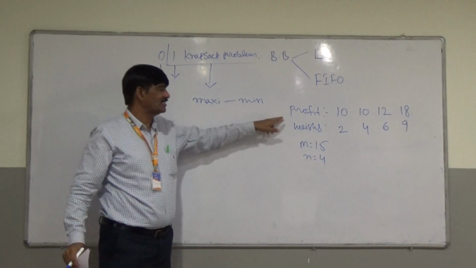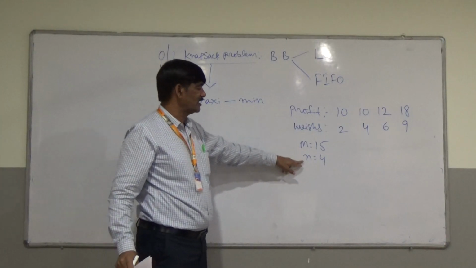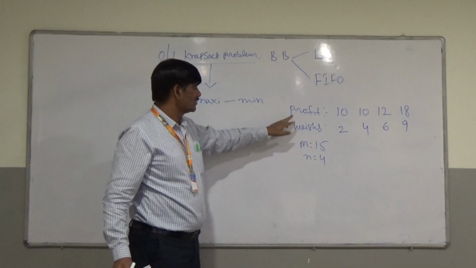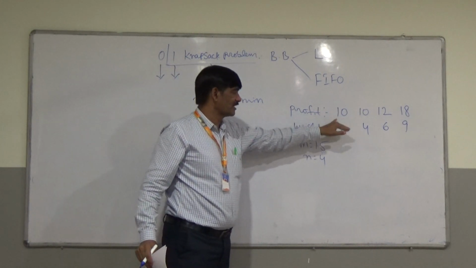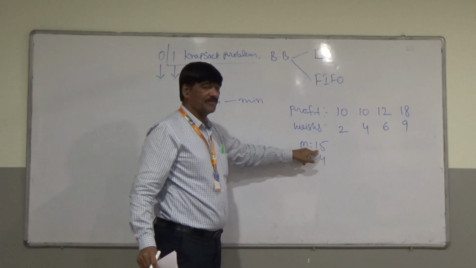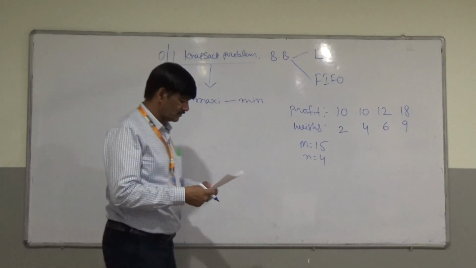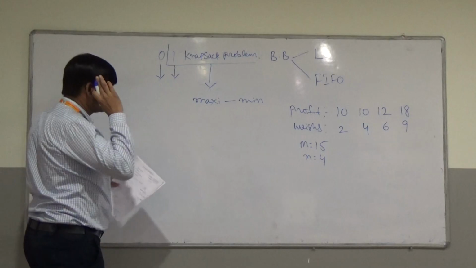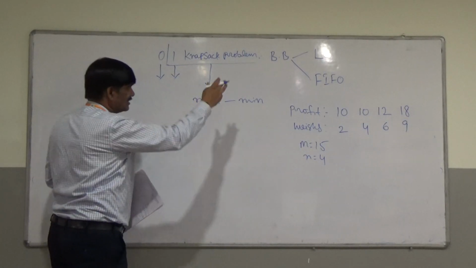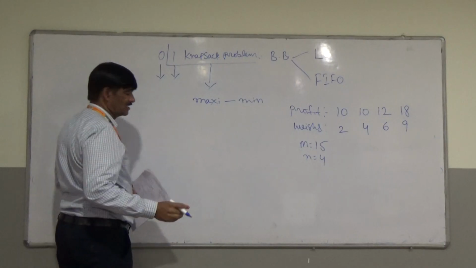The profits are for the 4 items, and the bag capacity is 50. Here, if you select any one of the items, its weight should not be greater than 50. That is the formula for that. Now, if you want to construct the state space tree using the LC branch and bound method, the least cost branch and bound method,